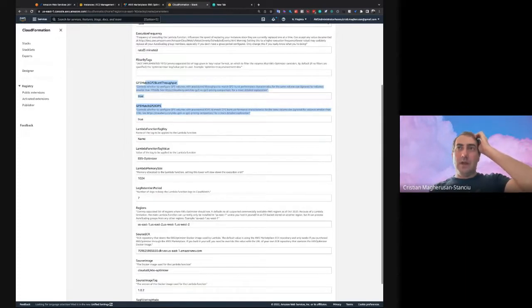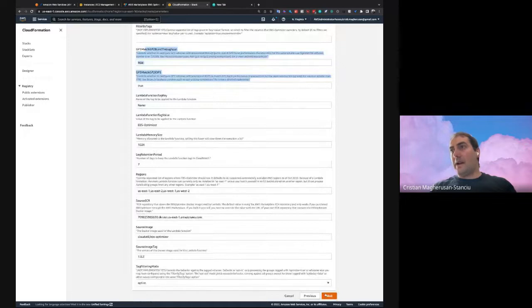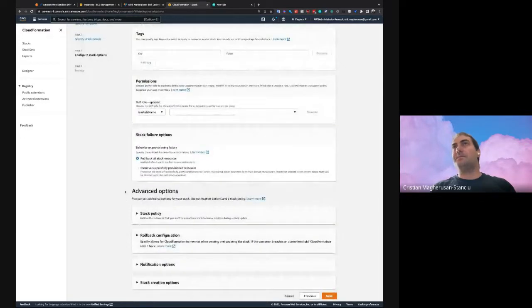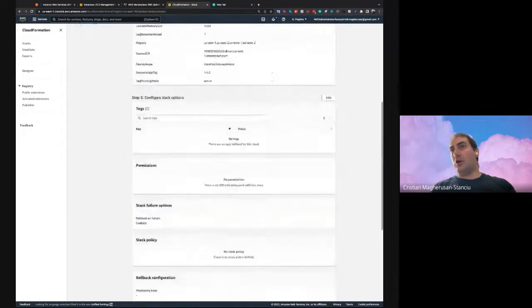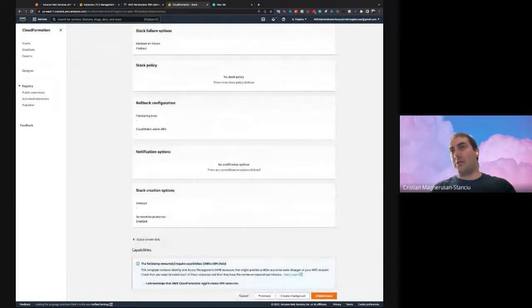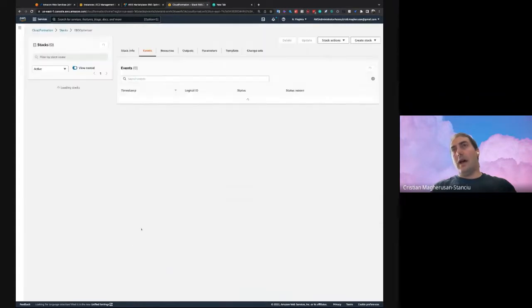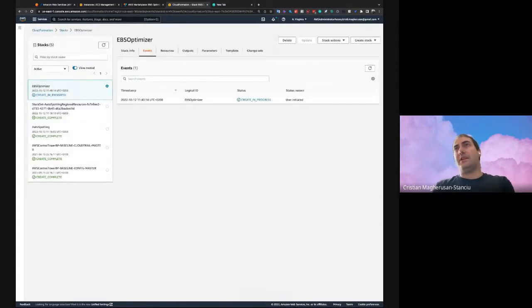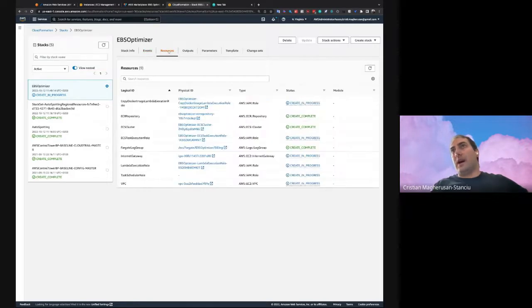automatically. And we can now go ahead and install it in your account. There is no additional configuration for this tool, at least not for now. And it will be created in the account and it will run every 5 minutes. And once it runs, it looks at the existing volumes in the account. So, now it's going to take a couple of minutes to install.